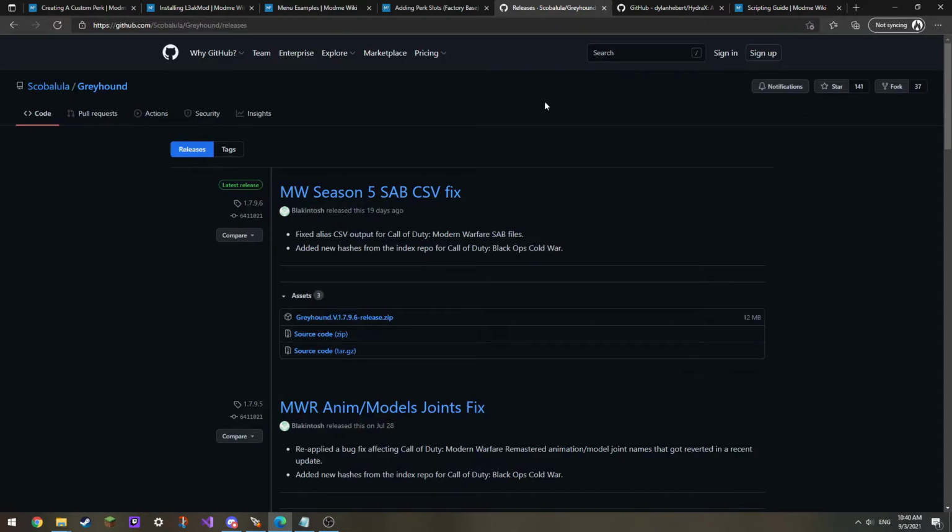Something that you're going to need if you plan on ripping any assets. If you already have Greyhound, you can just skip forward a little bit. But basically, Greyhound is one of the main tools that is used to rip files to port into Black Ops 3. Now, the reason you would need this